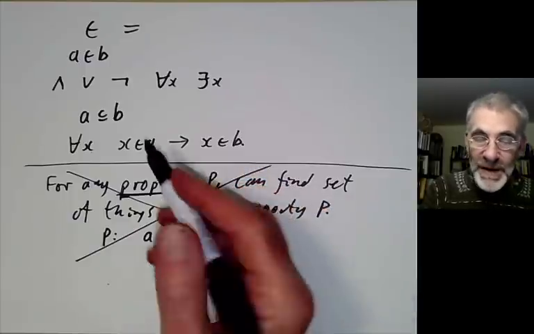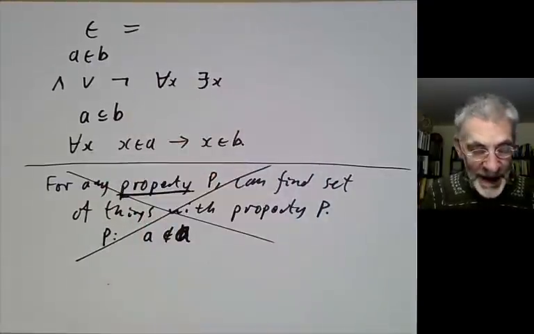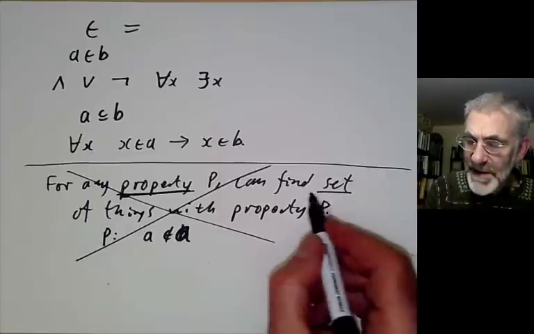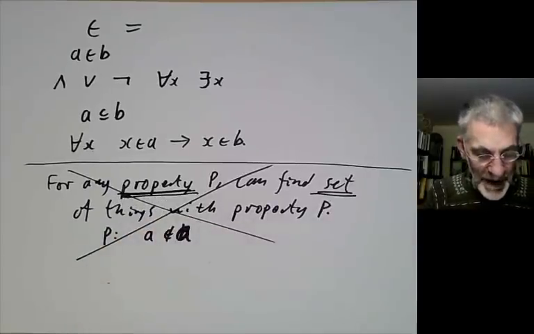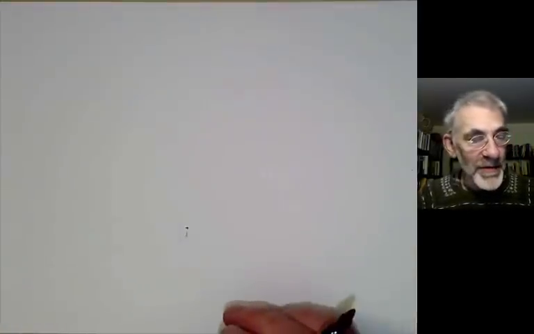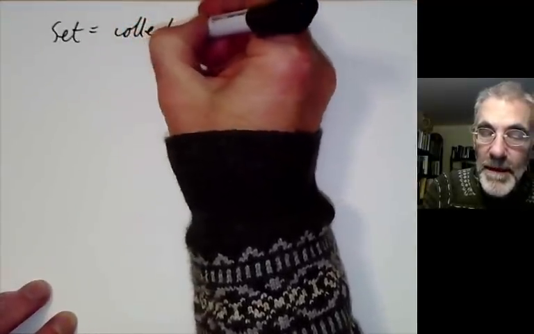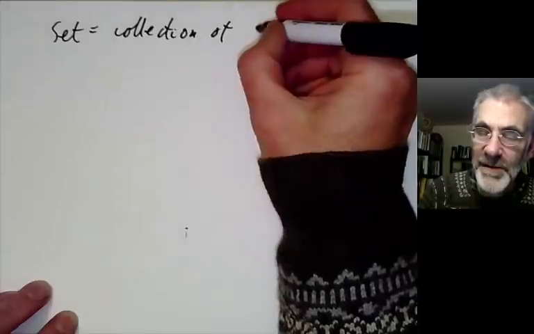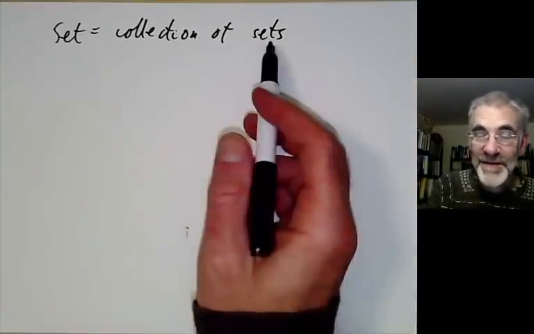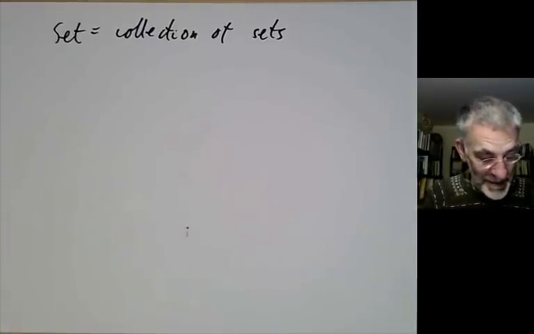So you might say, well, it has to be a property defined in some language, and you might take, for instance, the language of first order set theory. The other problem is, what do you mean by a set? It's actually very difficult to pin down a precise definition of a set. You can think of informally a set as being a collection of what? Well, it might be a collection of sets. Well, that's not really much use as a definition because it's kind of recursive. In order to know what a set is, you first need to know what a set is. So this doesn't really work.